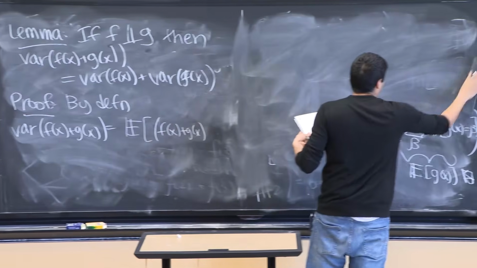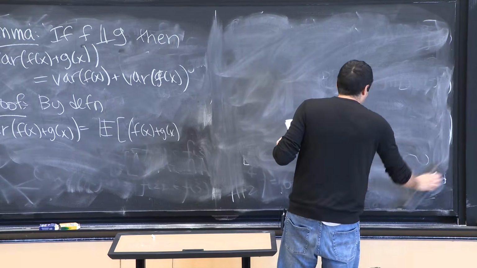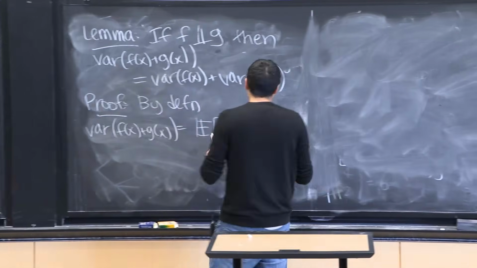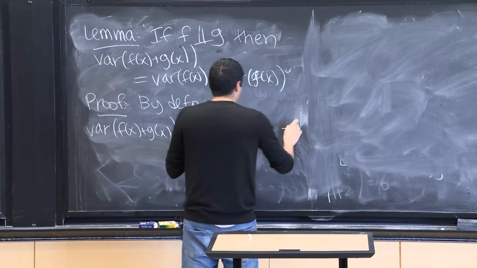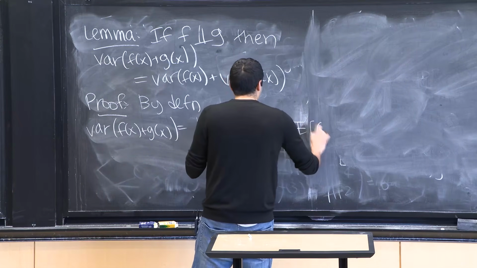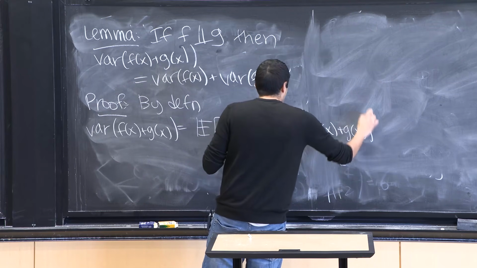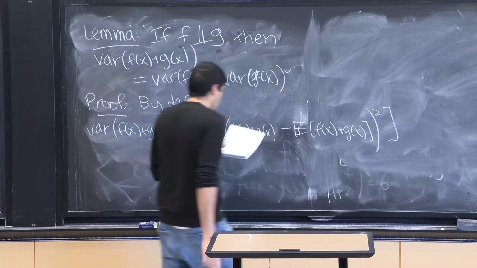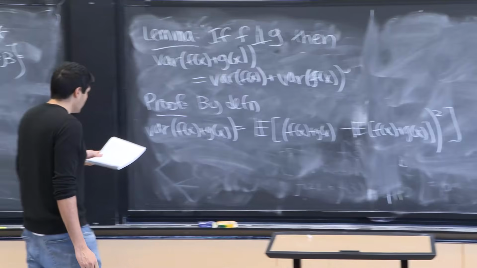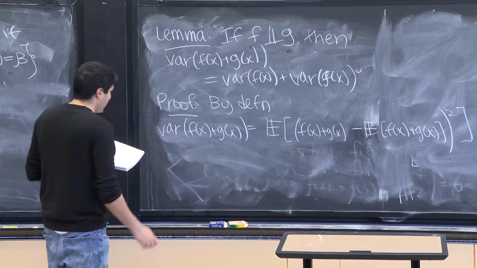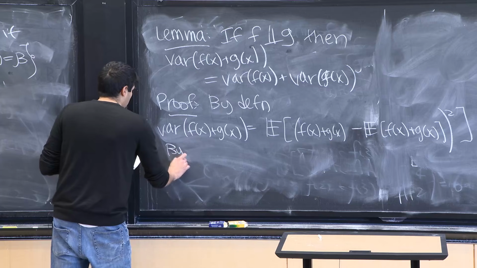We subtract off their expectation, and then we're going to regroup terms and we'll see what happens. So we subtract off the expectation of their sum, f of x plus g of x, and we take the square of this entire thing, right? That's literally the definition. And now what we can do is we can appeal to linearity